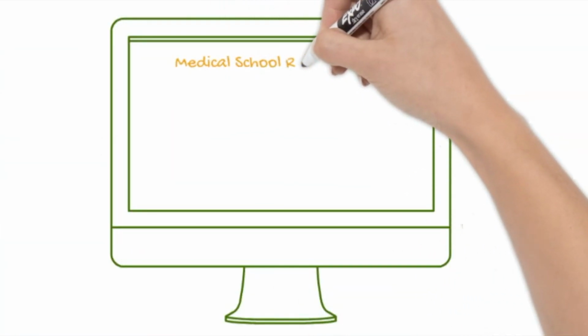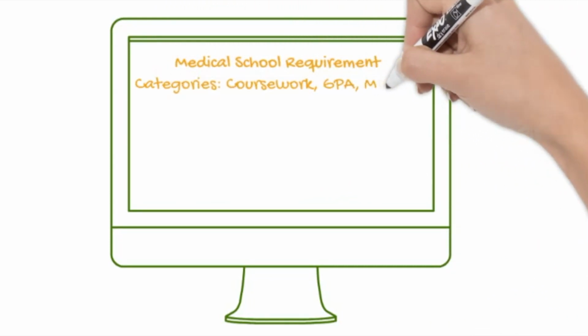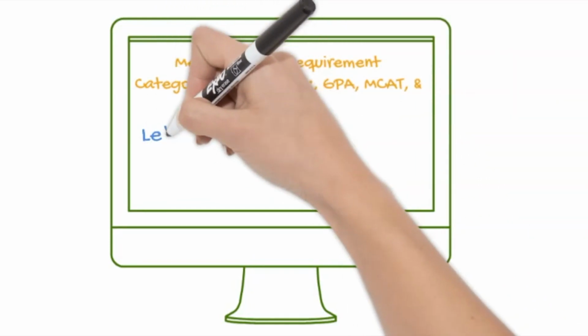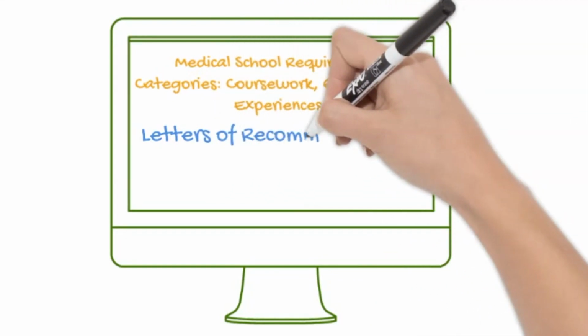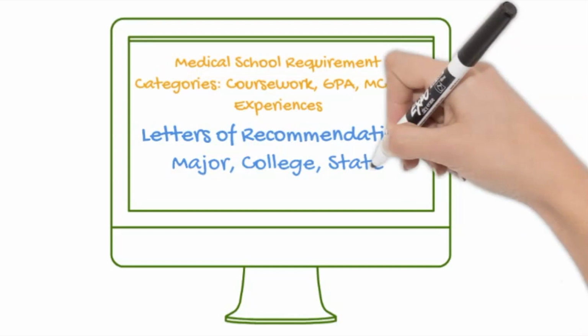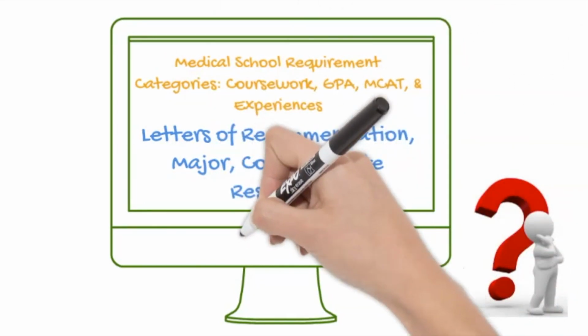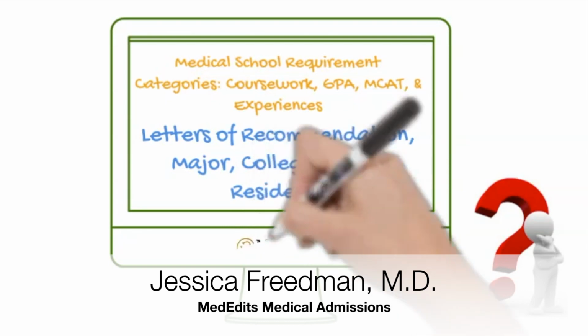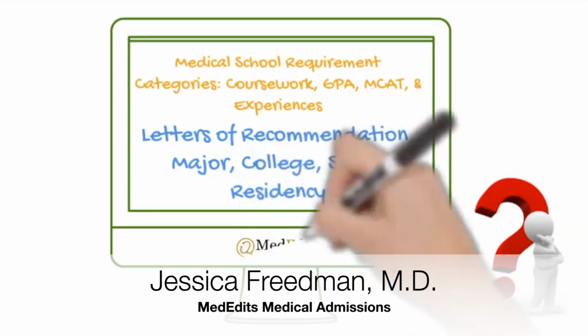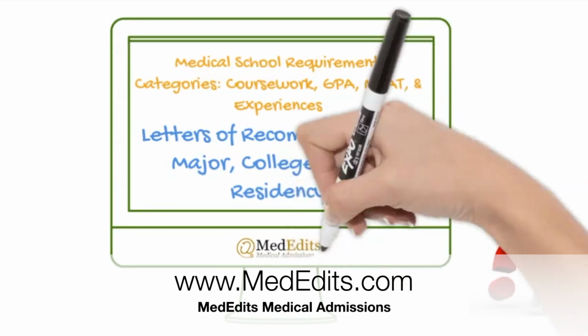Now that I have discussed the four major categories of requirements for medical school admissions, keep in mind that there are many other factors that will impact your candidacy. Some of those things include letters of recommendation, your major, the college you attended, and your state residency. If you have more questions about any of these topics, please visit the articles that are linked below, as well as our website at